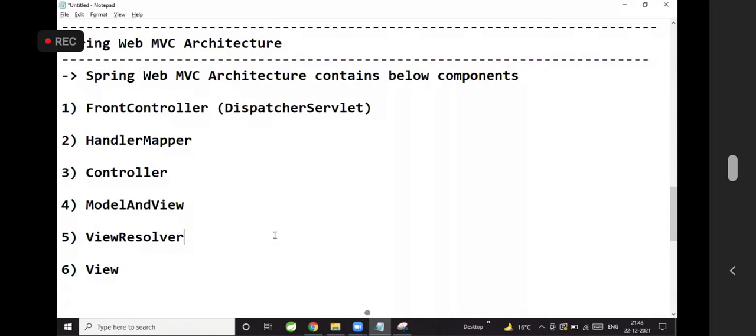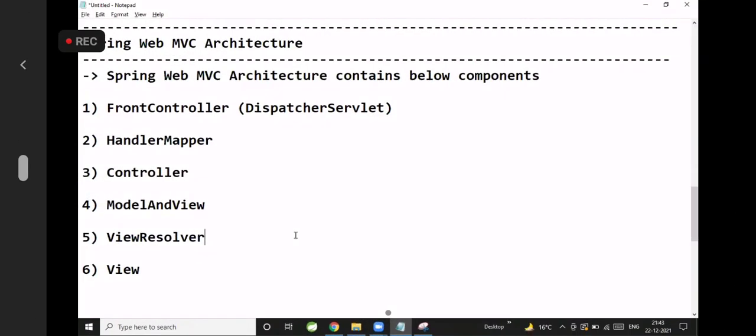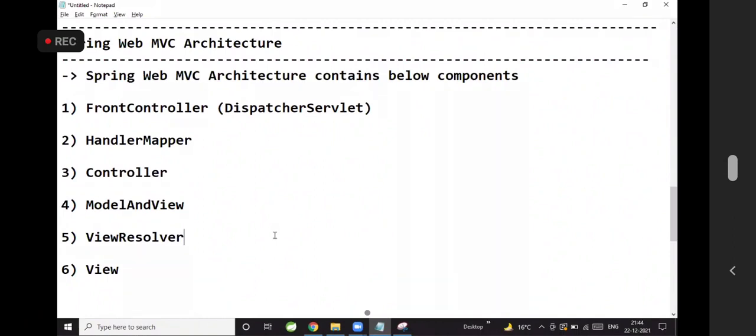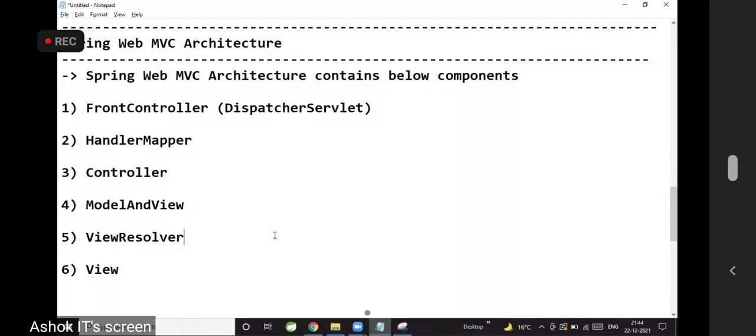Spring Web MVC architecture contains below components. What are those components? Front controller, that is called as a dispatcher servlet, and the second one is handler mapper. Third one is controller. Fourth one is model and view. Fifth one, view resolver. Sixth one, view.